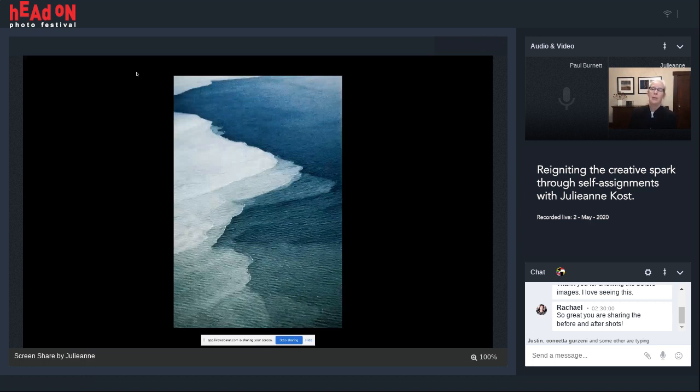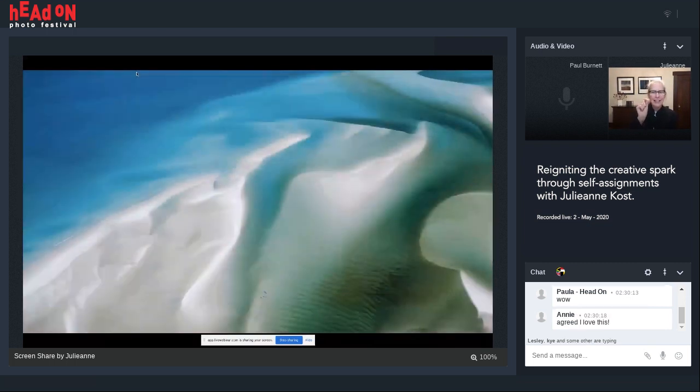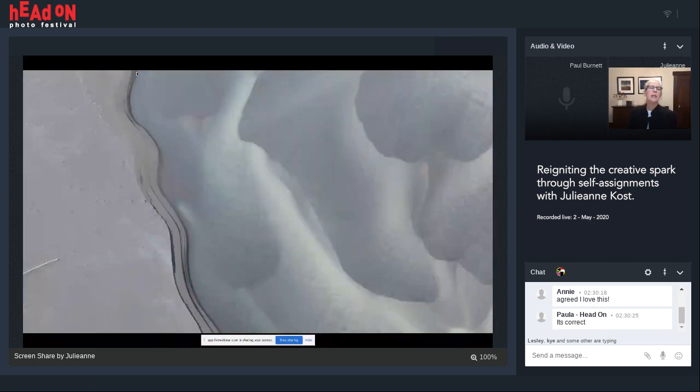Now, this one I'm going to pronounce incorrectly, but I believe it's Airlie Beach. This was in a helicopter. I don't know if you can see on your screen, but there's two tiny little jet skis way down there at the bottom that I thought were really cool. And this is in Iceland. So this is actually a great example. So here's the original. And then this is what I did in Lightroom.